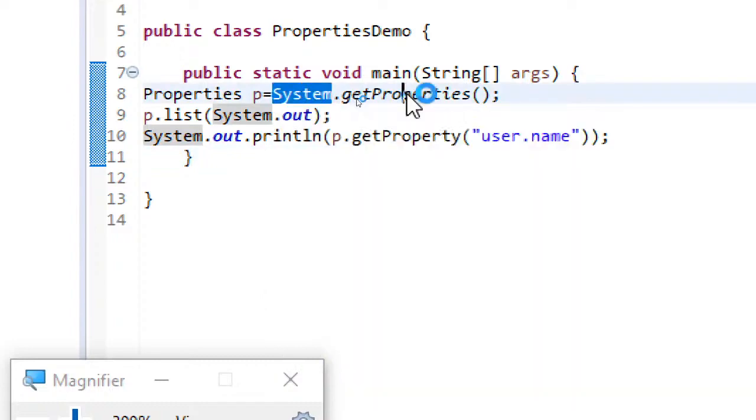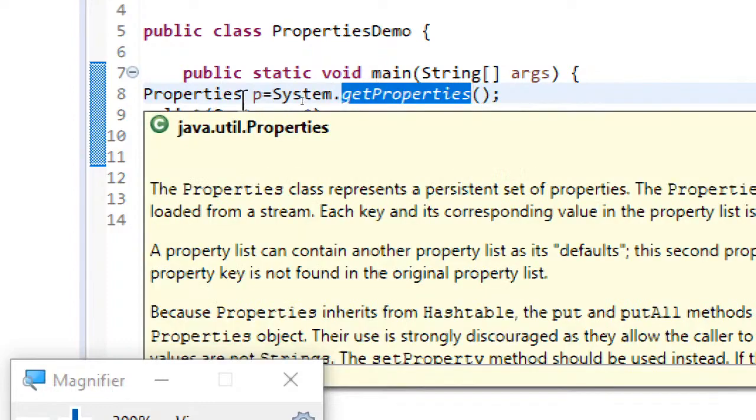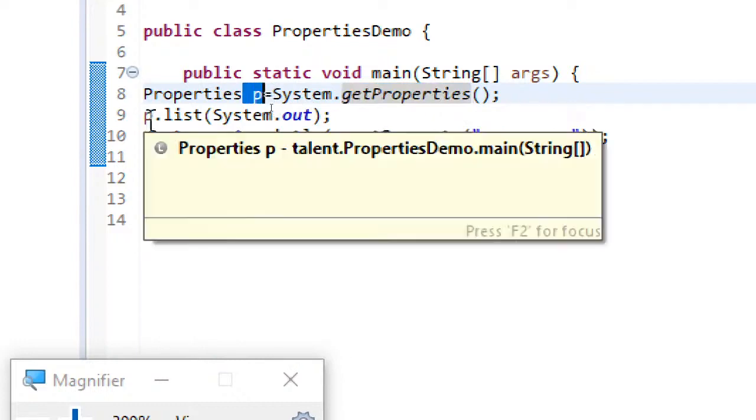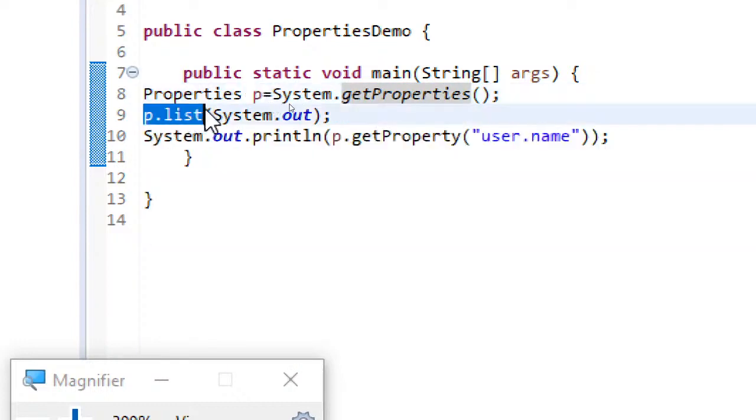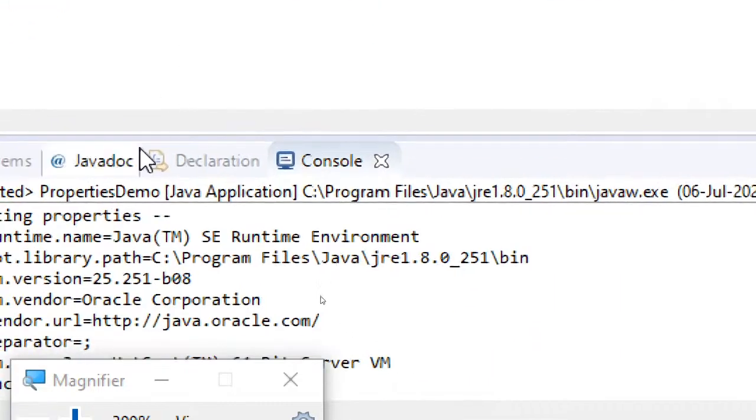System dot get properties. We already know that system is a static class which is of lang package, and this get properties is a method of system class, and it will be returning the properties, so that we are catching it to the properties object, and then we are just listing it by using system dot out. And here you can see what it has done.